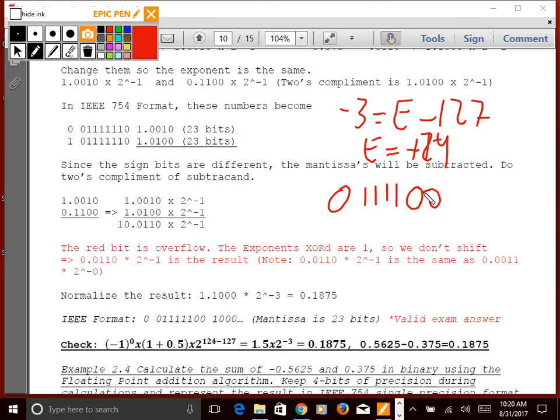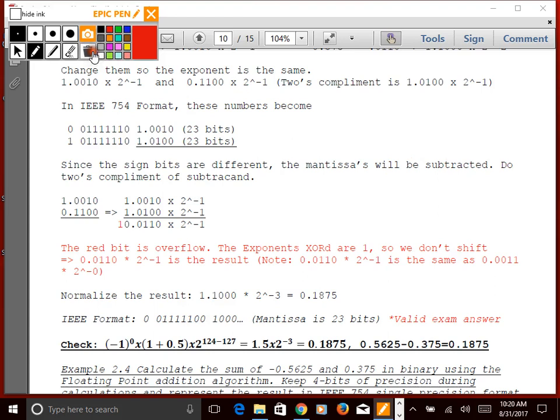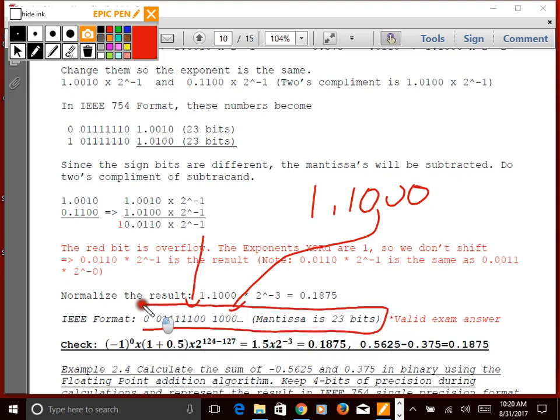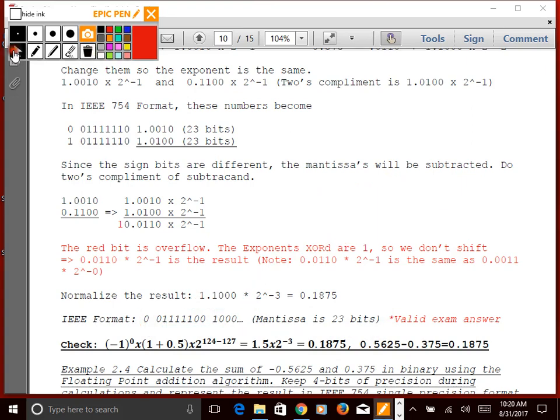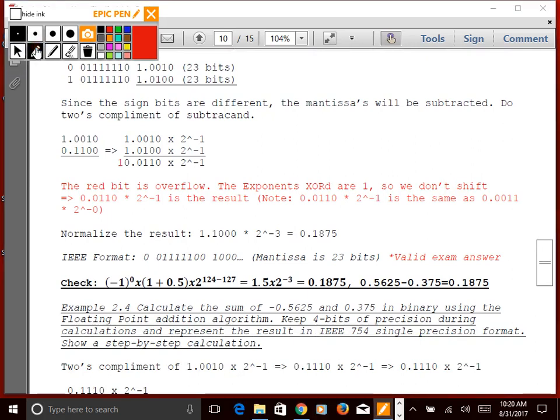So that's going to be 0.111100. We take that result, the 1.1000, into the mantissa. We take that 124 and we put that result here. Then the mantissa is 23 bits, and that is a valid exam answer. And then we do our check. Since the mantissa is 0.1000, it's going to be 1 plus 0.5. We know the sign bit is 0 here